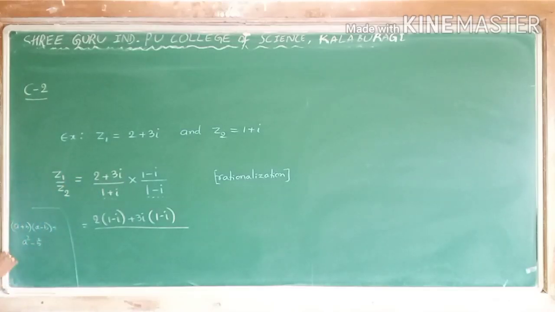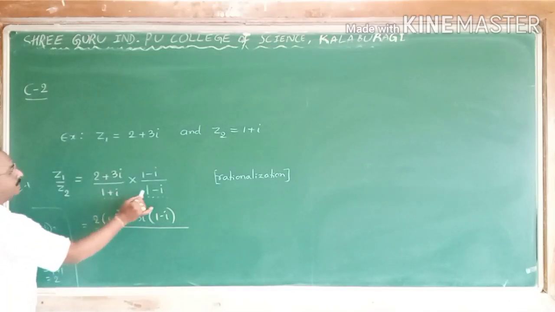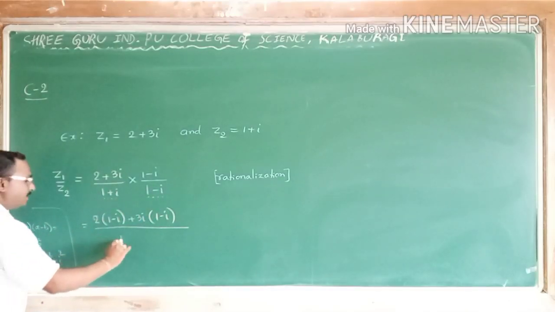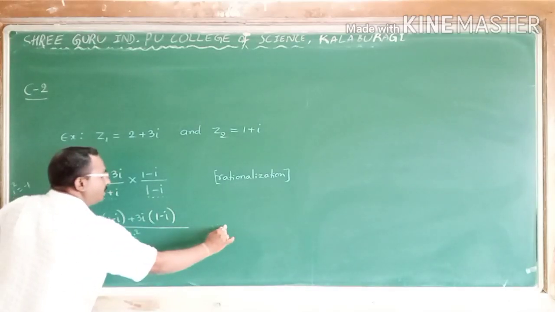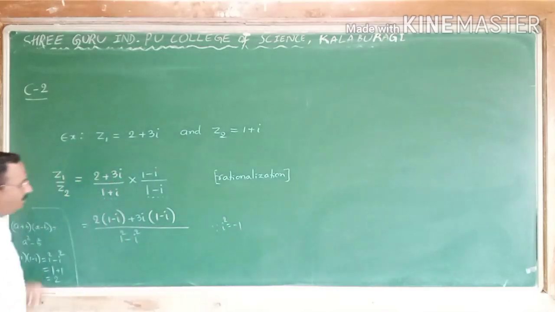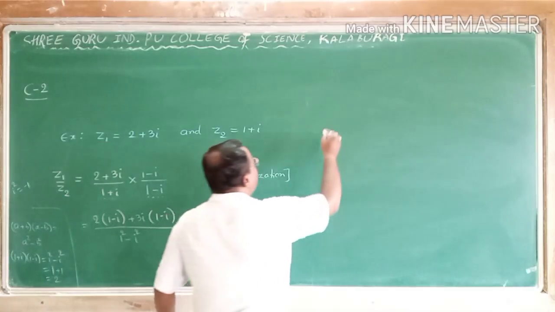In this place, 1 plus i into 1 minus i, value a square minus b square: 1 square minus i square. 1 square is 1. The i square value is minus 1. Minus minus plus 1. The denominator value is 2. This is the method: a plus b, a minus b, a square minus b square, 1 square minus i square, because the i square value is minus 1. Simplified,